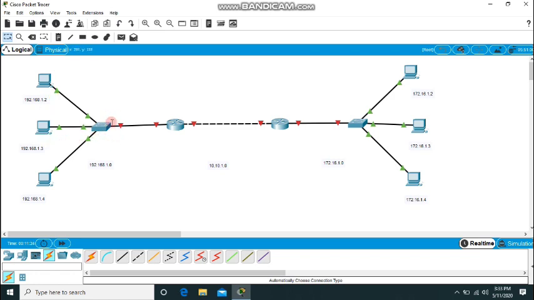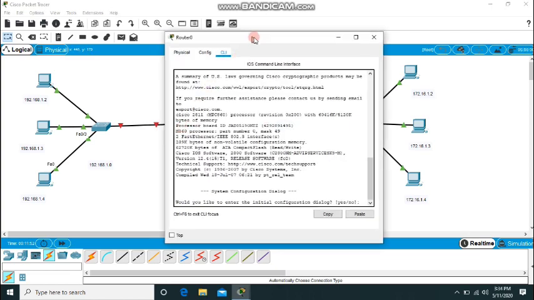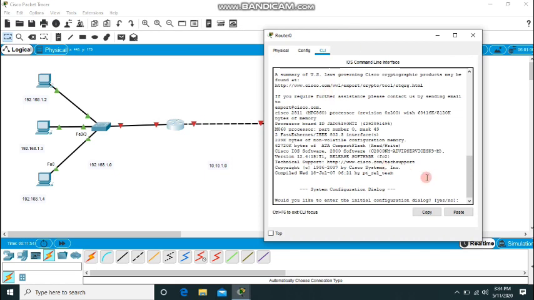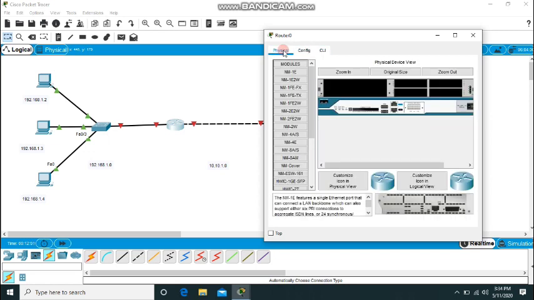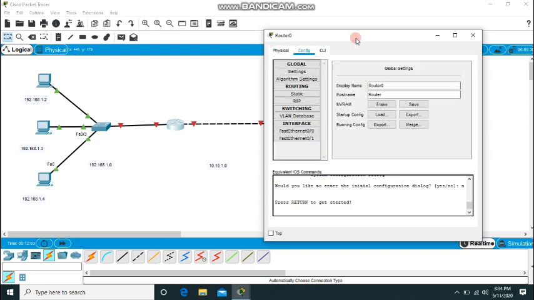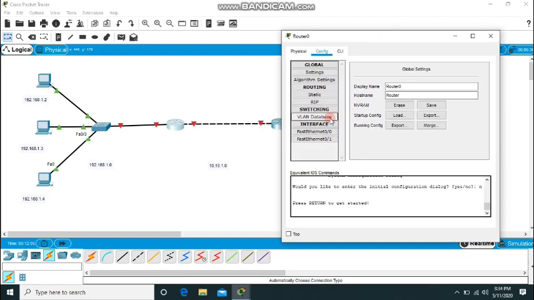We don't need to configure anything on the switches. Switches detect automatically and forward the packets to the routers. That is the only forwarding mechanism that happens in switches. So now we go to router 1. If you need to code, you use the CLI configuration mode. Otherwise you can just click on the Physical tab or the Config mode itself, where we can allocate the addresses and so on.